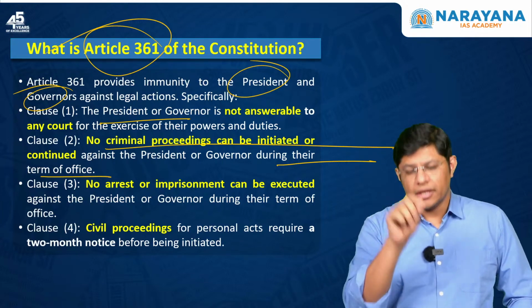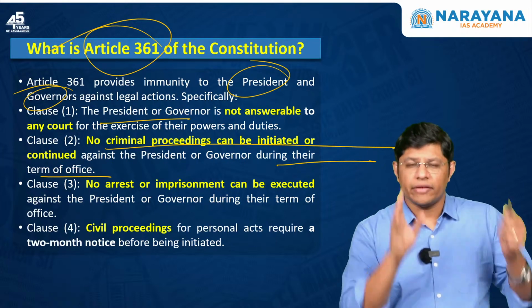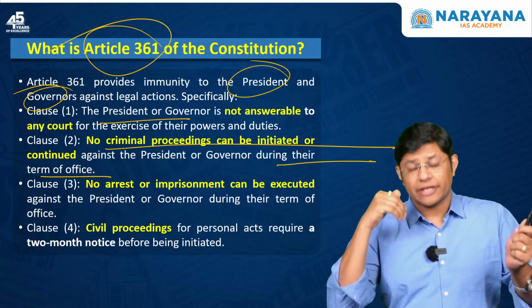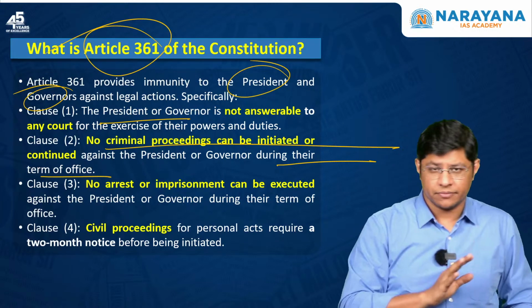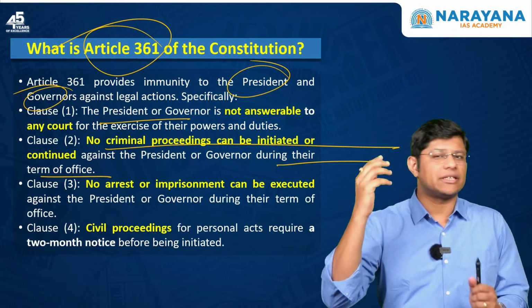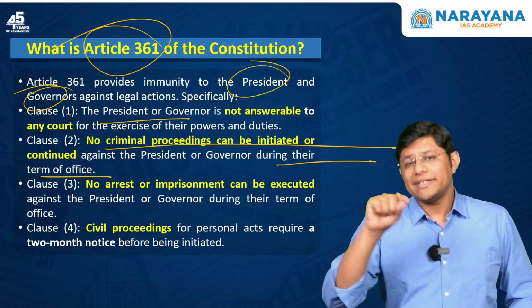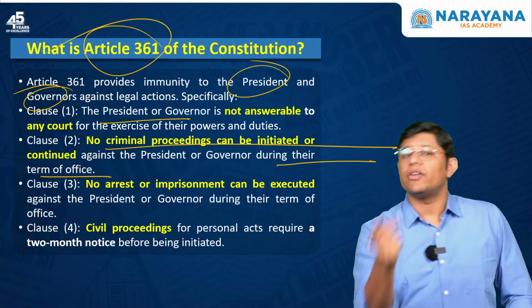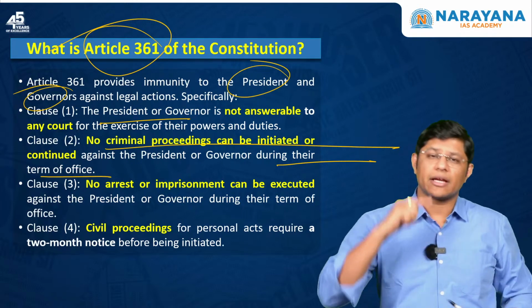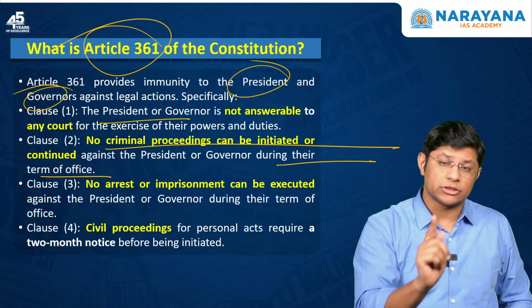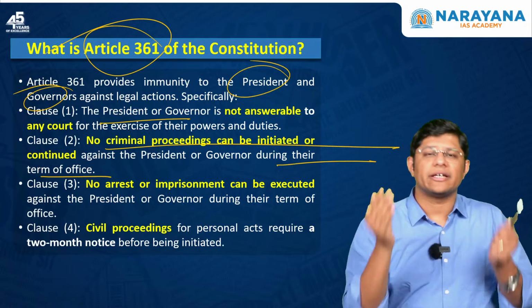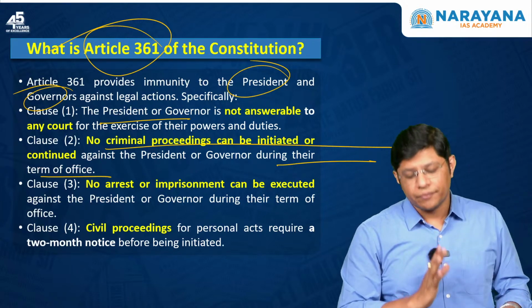Students, here what it means is that whenever a person is a president or a governor, a criminal case cannot be filed against that person. Let's say, for example, a governor of a state commits a murder. Now, in such a case, first the governor will be dismissed, right? Only once a governor is dismissed can the criminal action be taken against the person, because now he is not the governor. So, this is how proceedings are initiated against the president or the governor, right?